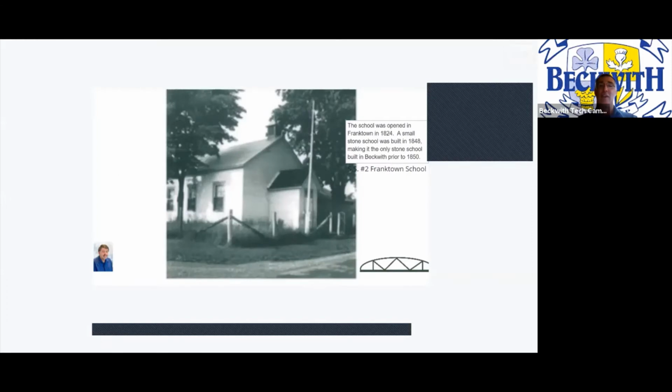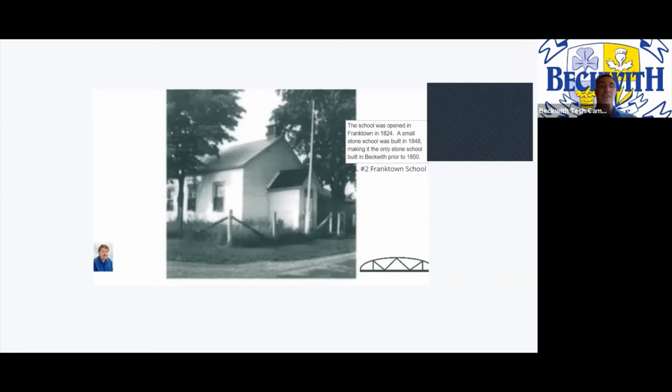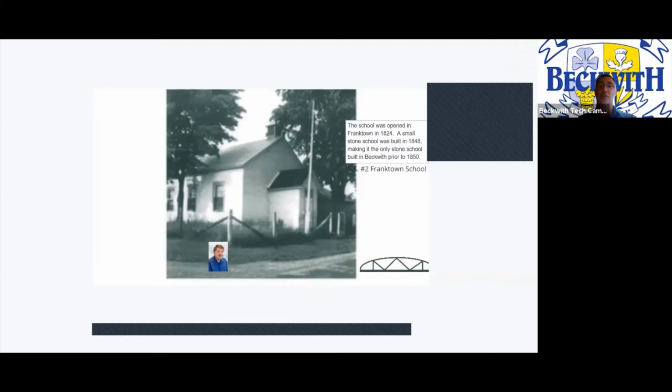And as you can see, we've now moved into our second school on the tour, our SS number 2 Franktown School, which was open in 1824. A small stone school was built in 1848, making it the only stone school at that point prior to 1850. And Richard now takes us to our third school,